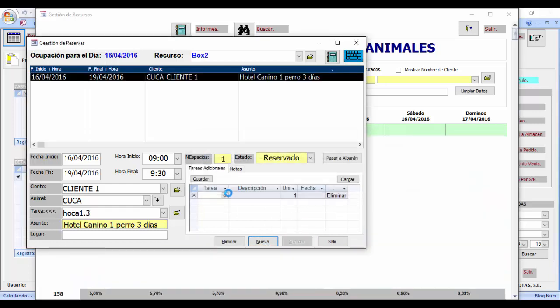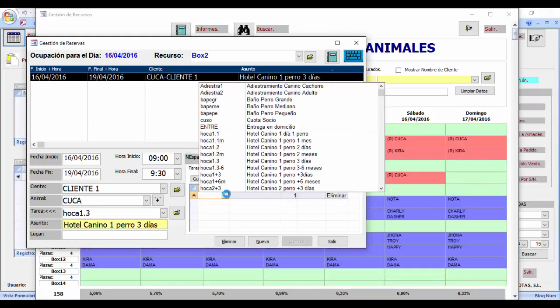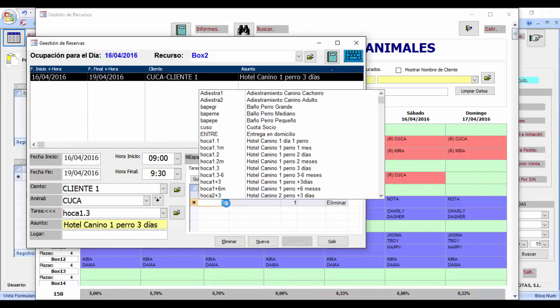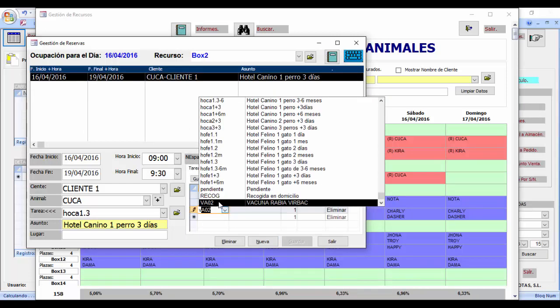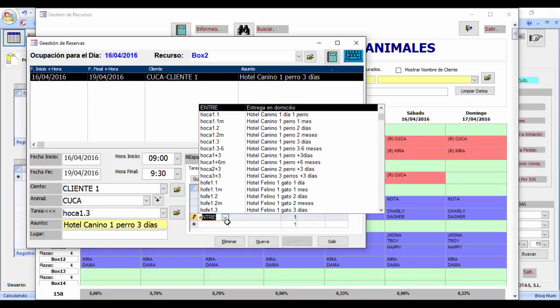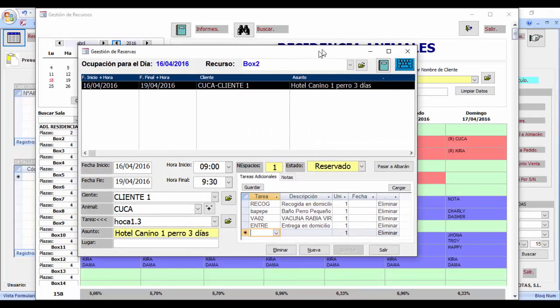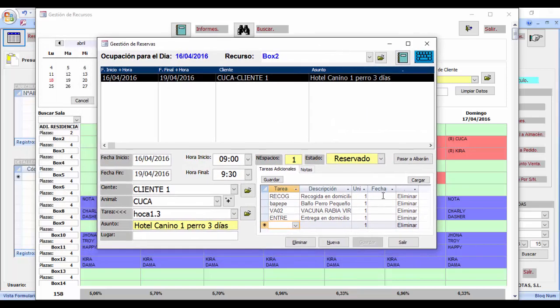For example, it is quite common for the customer to request home pickup, a haircut, a vaccine, or also delivery of the animal at home. When a customer requests additional services, it is possible to associate these tasks with the same reservation at the same time. Each of the services has a defined price, and will be billed automatically by the system upon delivery of